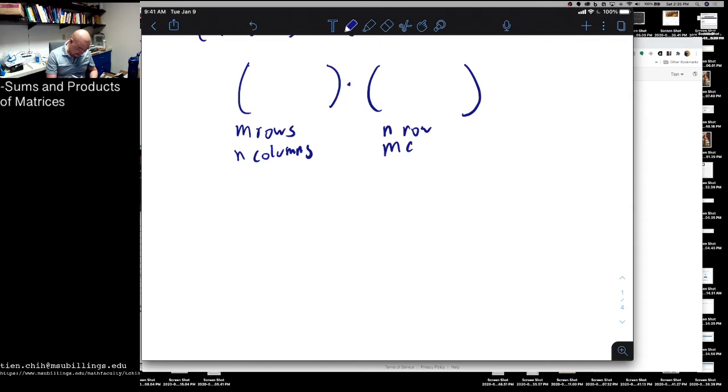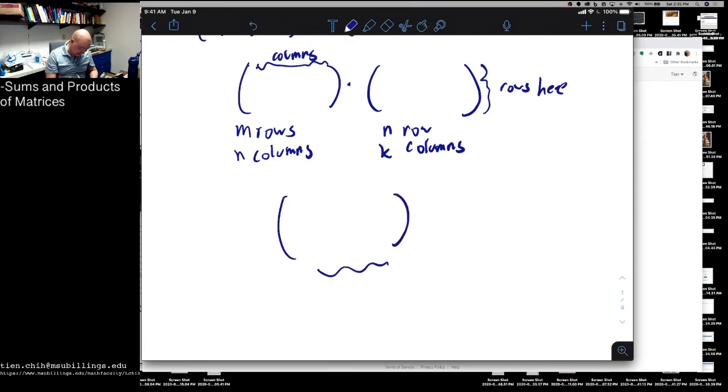and k columns. Right? So what that means is that the number of columns here has to be the same as the number of rows here. And the resulting matrix is going to have m rows and k columns,